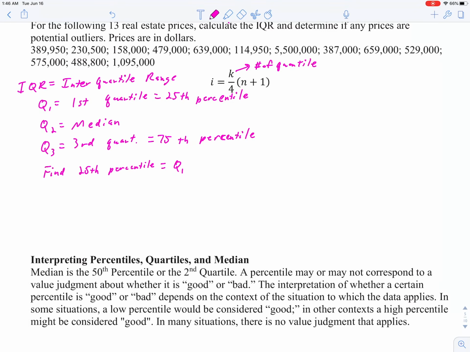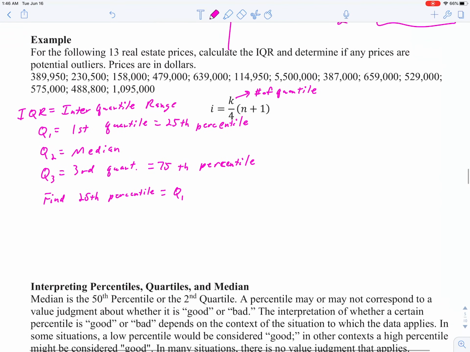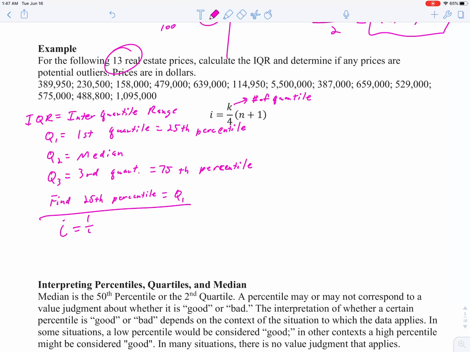This is the first quartile, so in this case k will be 1. Little n is still the sample size. They told us there are 13 real estate prices, so our sample size is 13. So i equals 1 out of 4 times 13 plus 1. Again, PEMDAS, parentheses first, so we get 14 over 4,